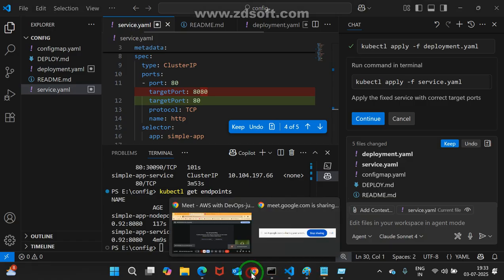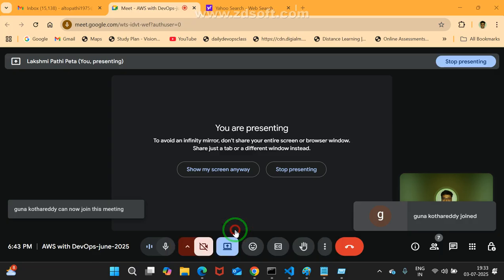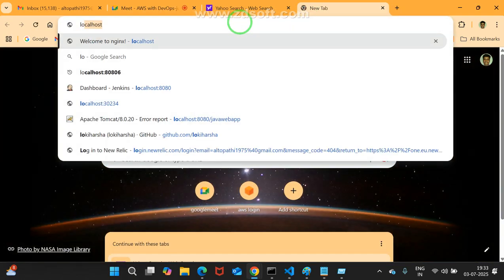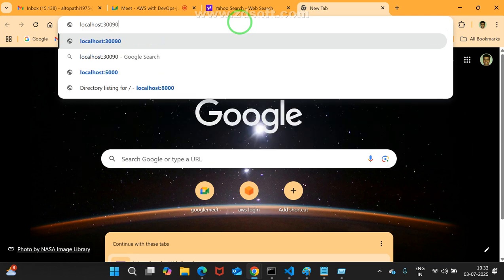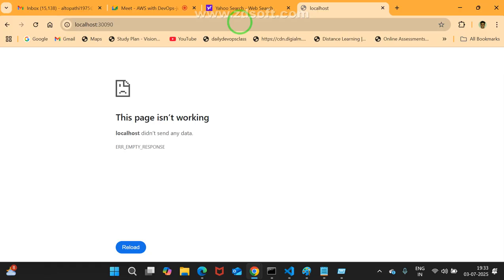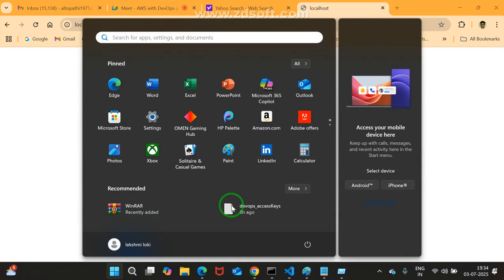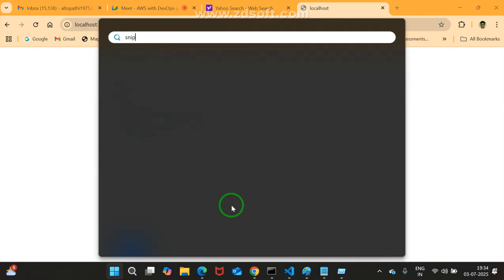Localhost colon, based on that, we need to think. Guide me, localhost colon 30090. Till now, we didn't get it, right? At that time, what to do, I'll tell you. I'm going to take the snipping tool.